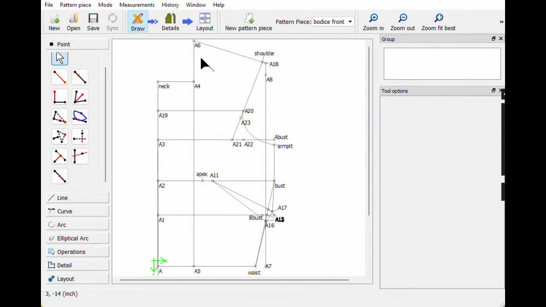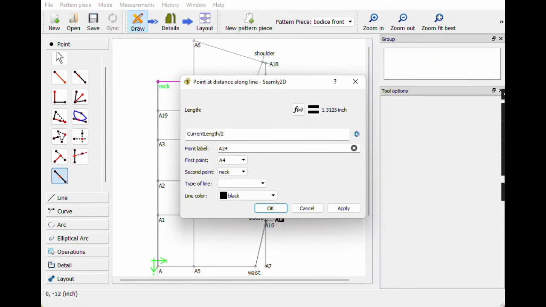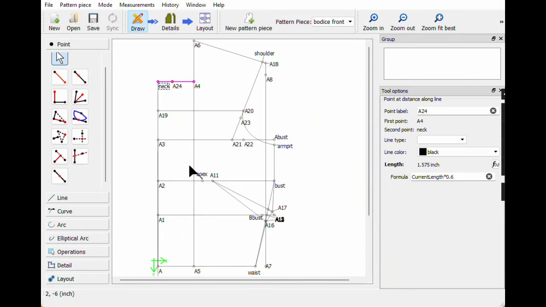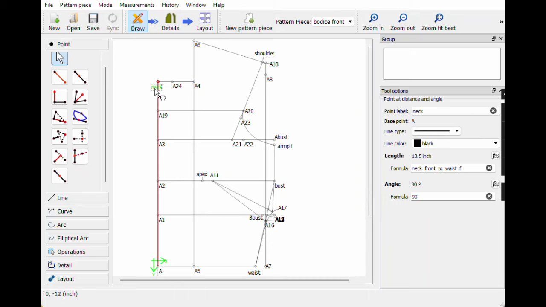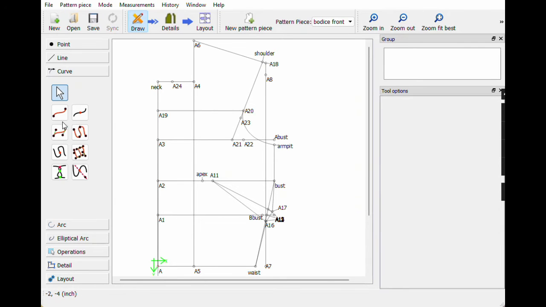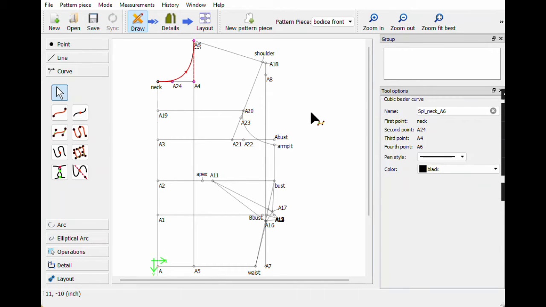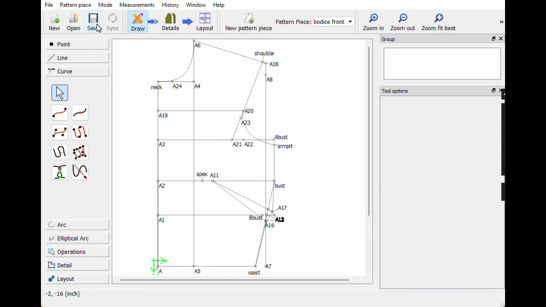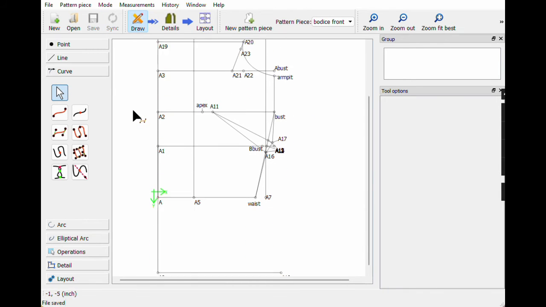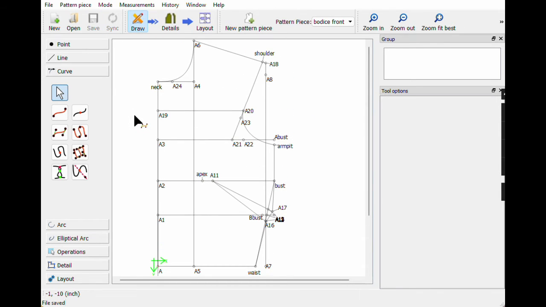If you want a curved neckline, just a really simple one, grab this midpoint between 2 points, start at A4, go over to the neck. Instead of divided by 2, I'm going to multiply it by 0.6. I don't know why that number just seems to make a nice curve for me. Go into the curve, grab your curve tool, start at the neck, over, up, and there is a nice little neck curve for you. Hit save,